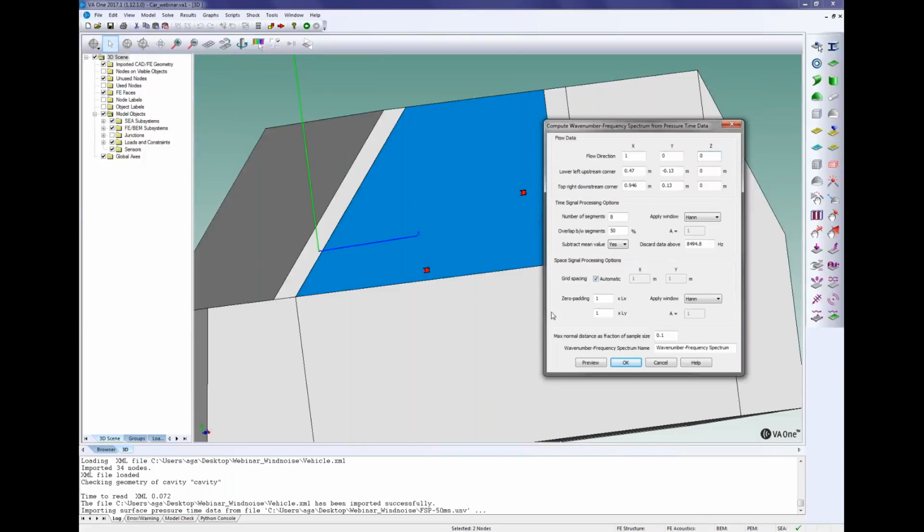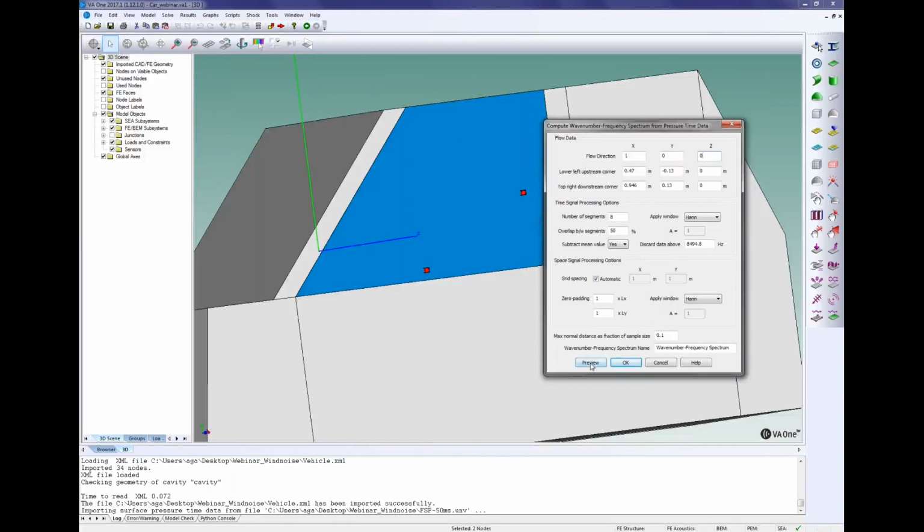In the space signal processing option, if you want to get a different resolution of your wave number representation, you can use zero padding here. And this space signal processing option supposes regular spacing. So you can choose here the spacing between the analysis points in X and Y direction.